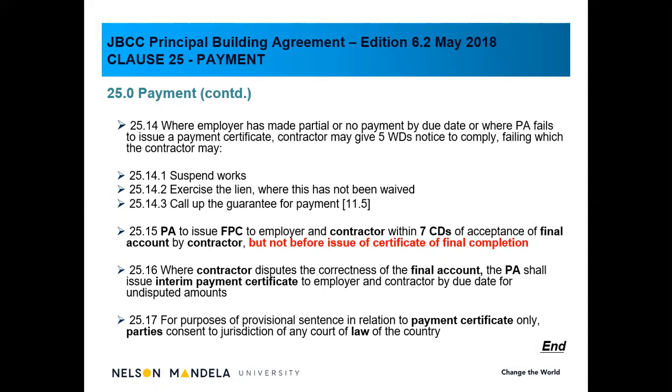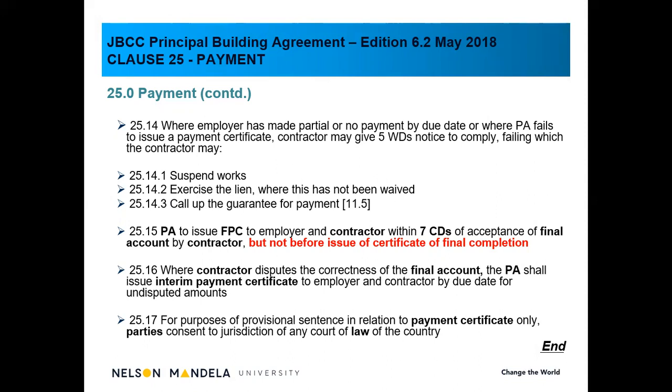And the reason for this is that once the contractor has received final payment and there's still work to be carried out, there is still work to be rectified, the contractor can walk off site, and then it becomes the problem of the employer. So that's why it's important to make sure that the contractor has fulfilled his duties and then only issue a final payment certificate. Clause 25.16, where the contractor disputes the correctness of the final account, the